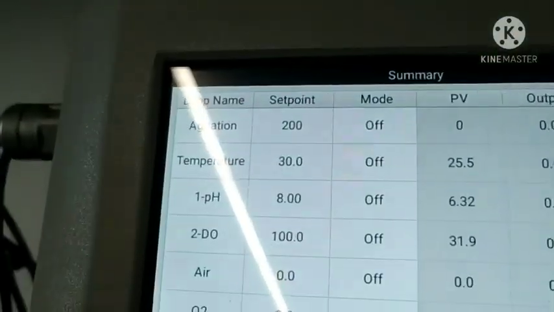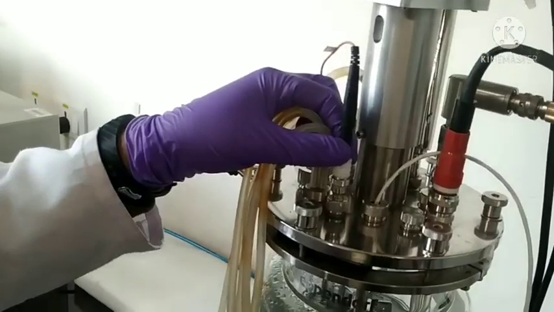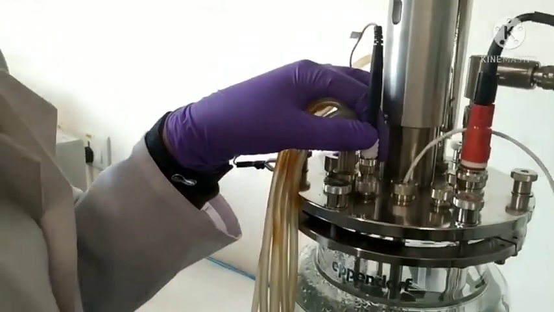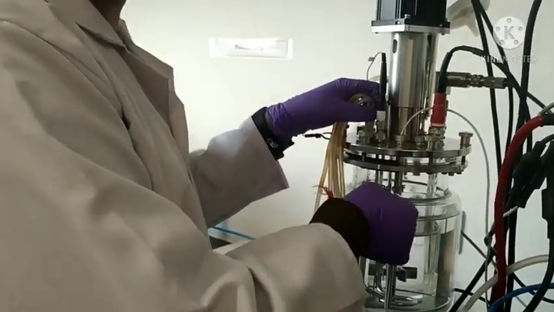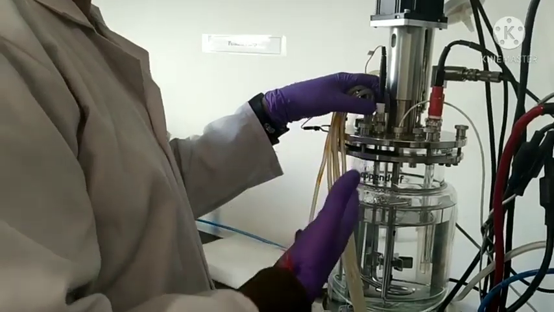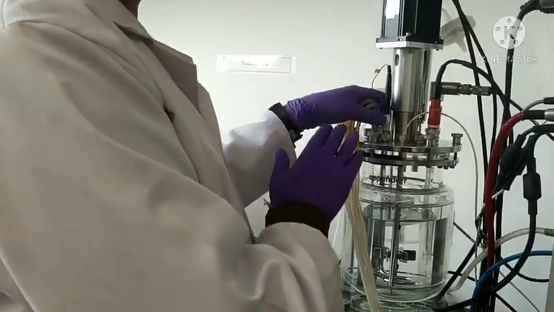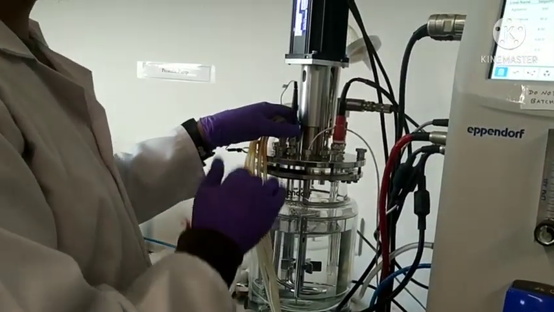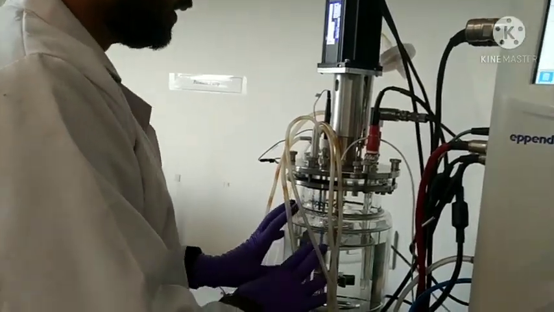Similarly, now we have learned many things. Now another unit is there. This is known as the level sensor, which will maintain the level up to the 2 liter volume. This is a 2 liter working volume fermenter, in which when the volume goes too high, or the foam is there and some level touches this point, it will directly sense and give you an alarm that the level is high, and this is required to be maintained lower. This will help you to maintain the working volume of the fermenter.